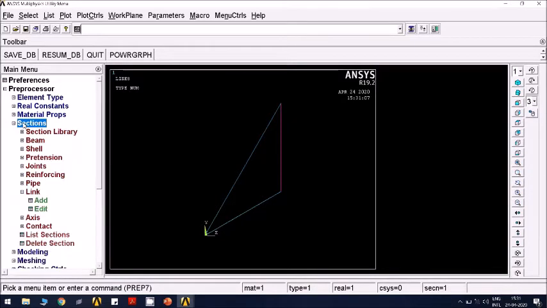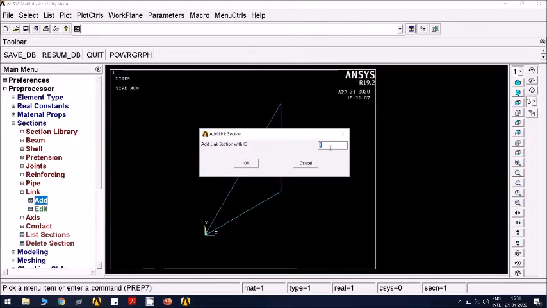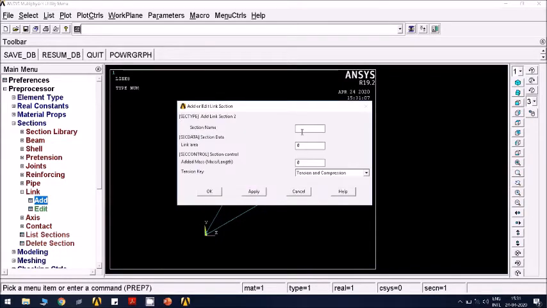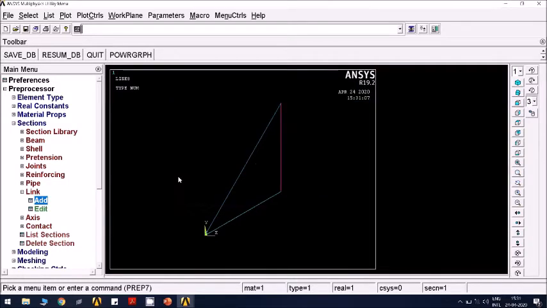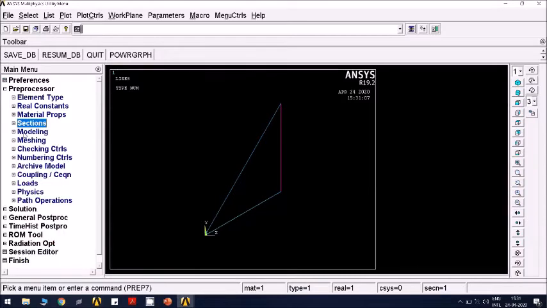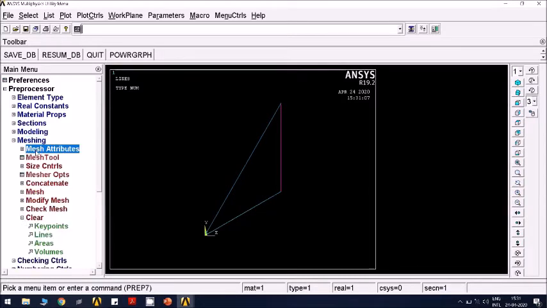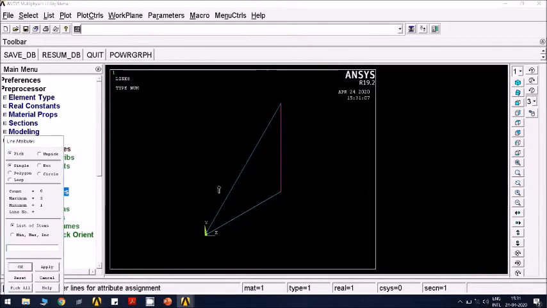But I have to define one more cross section for steel. Steel is 50 mm square now. So add cross section number 2, click OK. Section 2 I'll say, and area is 50, click OK. So second set is defined now. Now go to meshing, mesh attributes, pick lines.